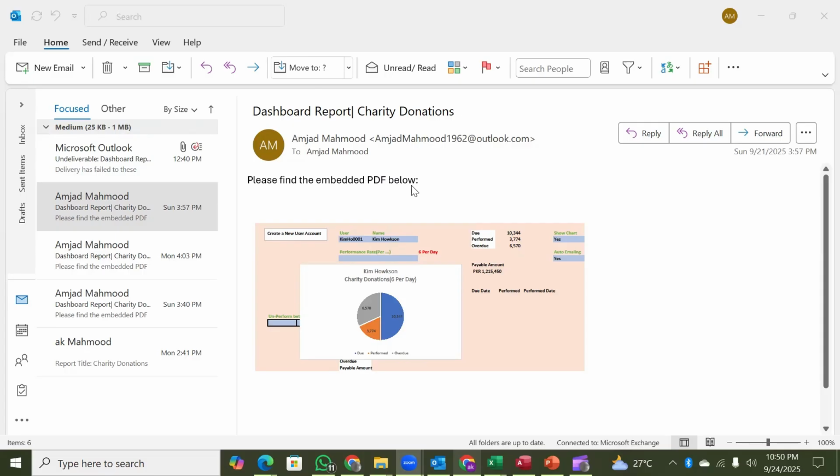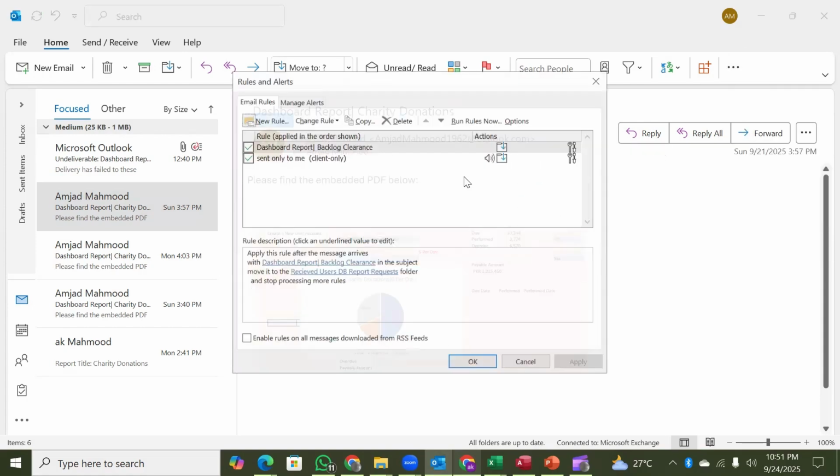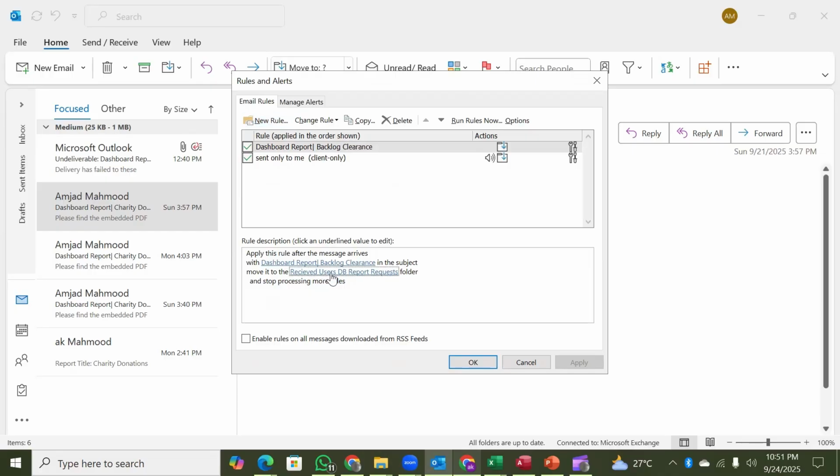The two things you have already seen: for the creation of a new user, the request is sent through Outlook, through your email, and it reaches our Outlook, and the Outlook folder has been configured. We have set up certain rules so that the incoming item moves to the right folder. We have this folder, the received users DB dashboard report requests. So this folder is available in your Outlook, and any item coming into the inbox, if it has a